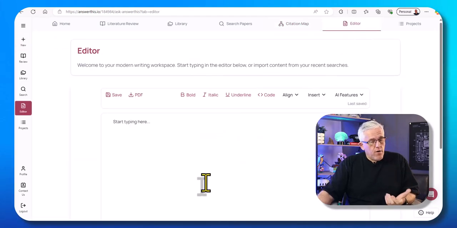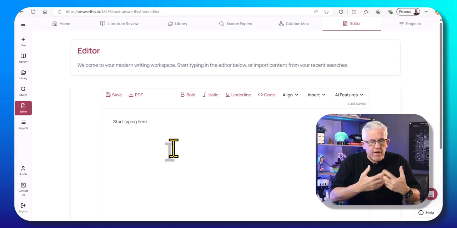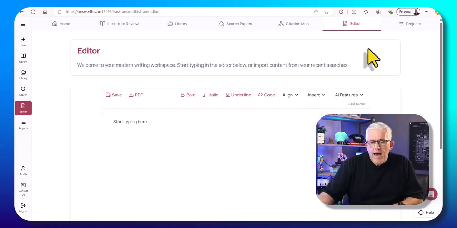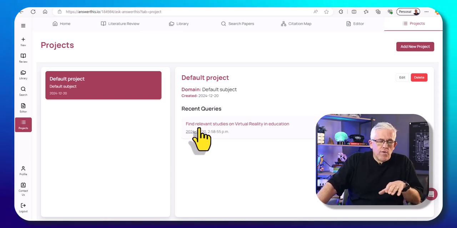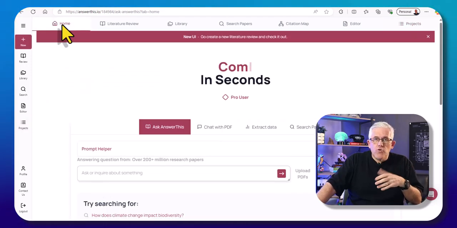There's even a word processing editor in here, so I can import a PDF, I can edit it, I can work with it, I can do all sorts of nice editing right here. And you can see the projects that I've been working on. So I created a query where I found relevant studies on virtual reality in education, but I'm going to go back home and do a complete